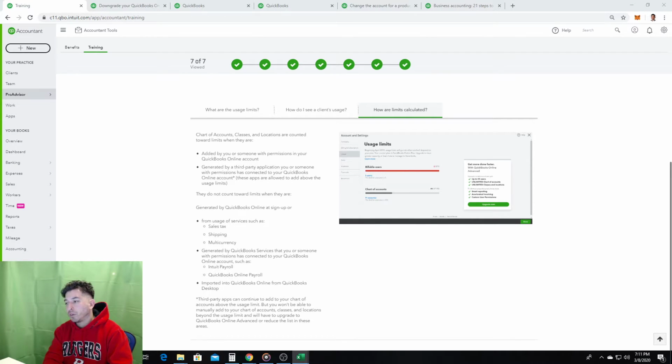These apps are allowed to add above the usage limits. They do not count toward limits when they are generated by QuickBooks Online at sign up or